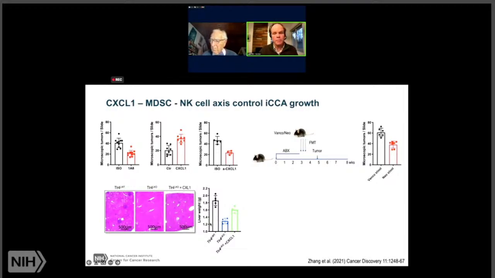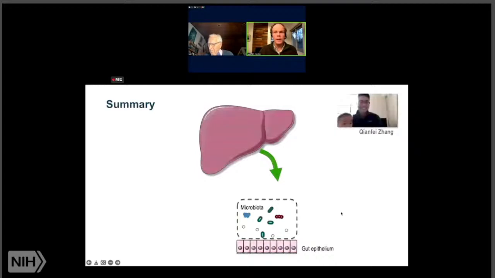You see, if the commensal bacteria or the LPS derived from these commensal bacteria in mice with colitis go into the liver, and the hepatocytes do not express the TLR4 receptor, we have fewer tumors, and we can basically overcome this again by overexpression of CXCL1. And this mechanism of tumor cell growth inhibition appears to be dependent on NK cells. So this work, which was primarily done by a postdoc in my lab, Shanfei Zhang, is basically summarized here.